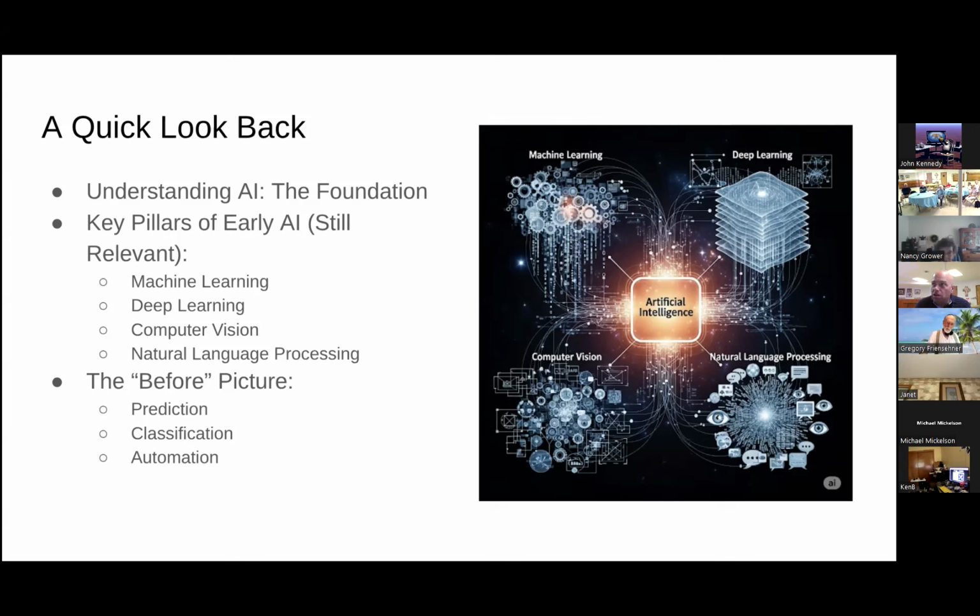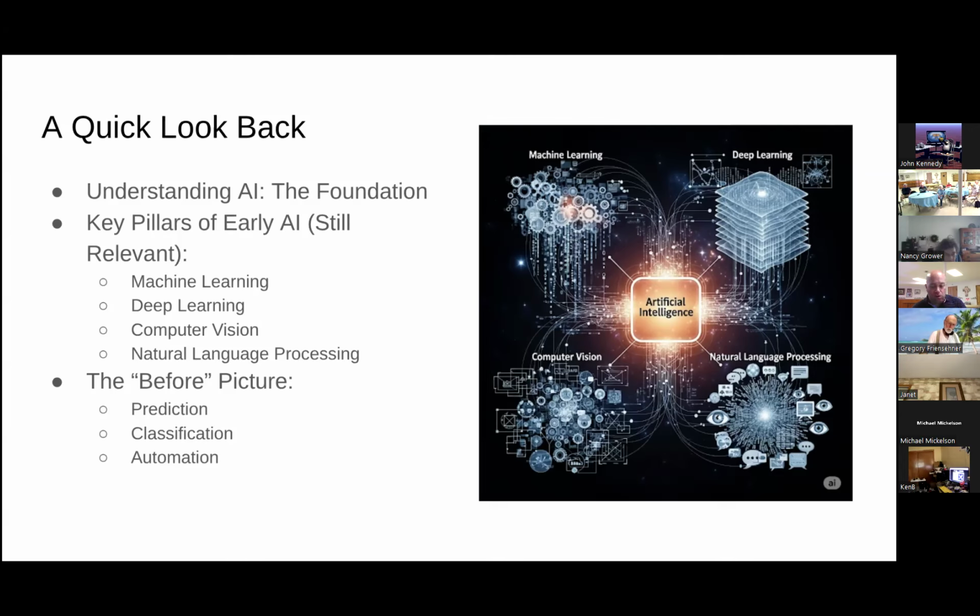So I did want to talk a little bit about the before picture, which is kind of how these key pillars of early AI have been used up until before the last few years. AI was primarily used as a specialized tool for prediction, like we mentioned, forecasting trends and customer behavior, classification. So it could have been used to categorize data such as emails being spam or not. Another example, classify the photos that you have, because it has that image recognition. It can classify photos on your phone.